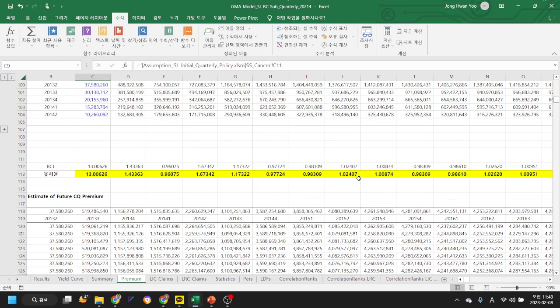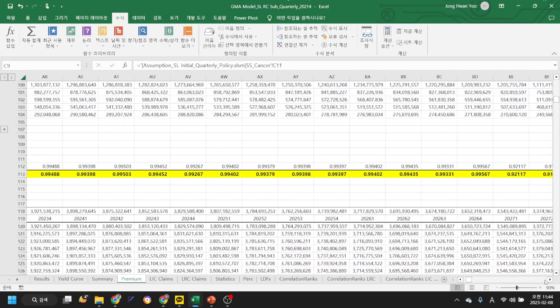Because you remember, I'm standing at the initial recognition, trying to predict the future premiums received, and I need to display them on a future calendar basis